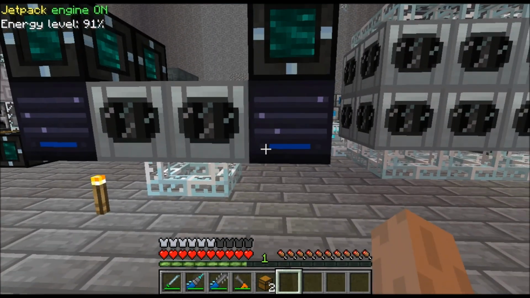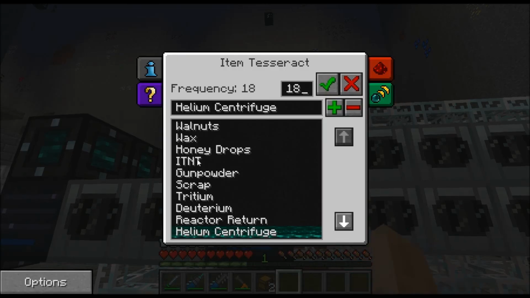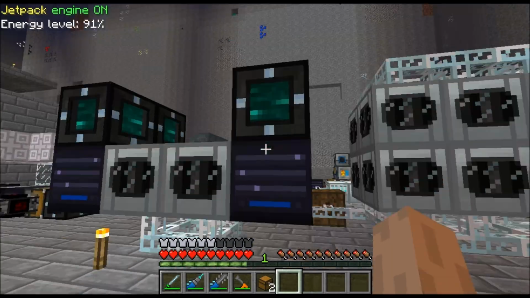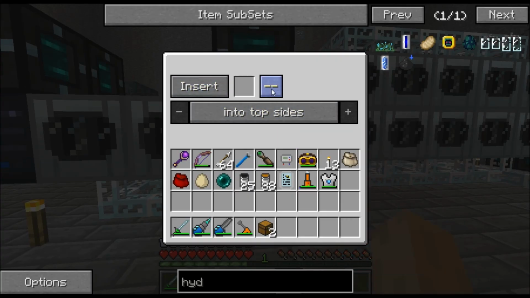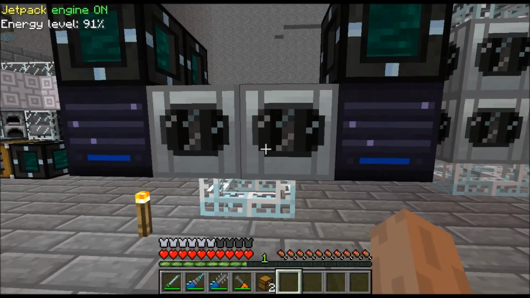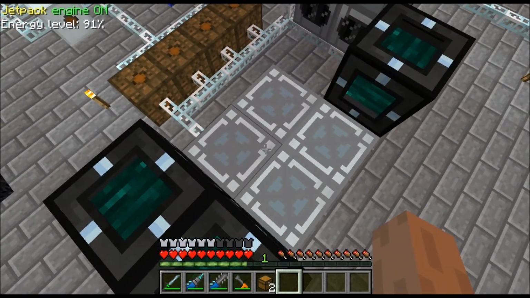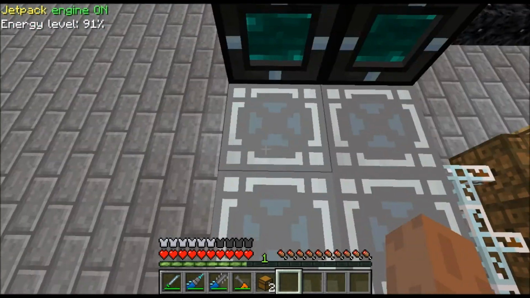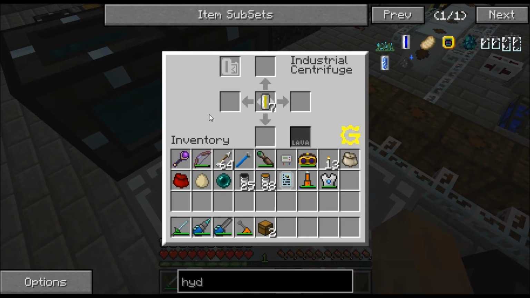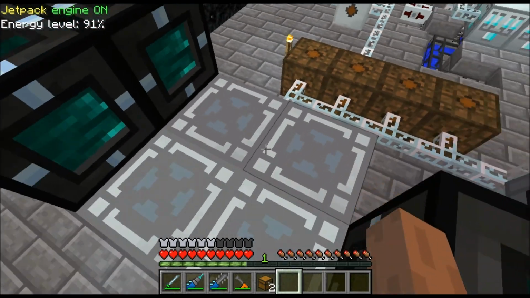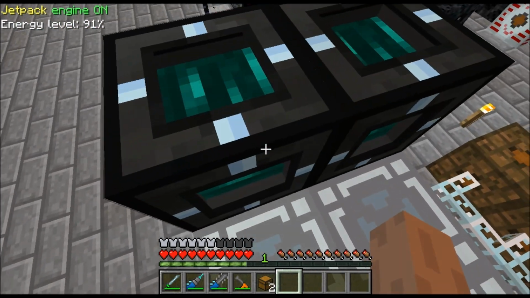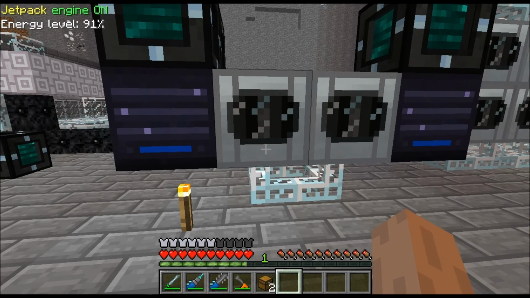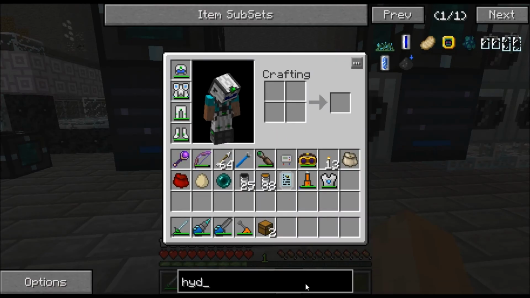The way that it works is the helium cells go in, get inserted into the top side of these centrifuges, and it will only go into these because they're not connected to any other inventories. As you can see, there's helium sitting in here, waiting, and they're evenly distributed because the router will evenly distribute amongst the machines. And once they reach 16,